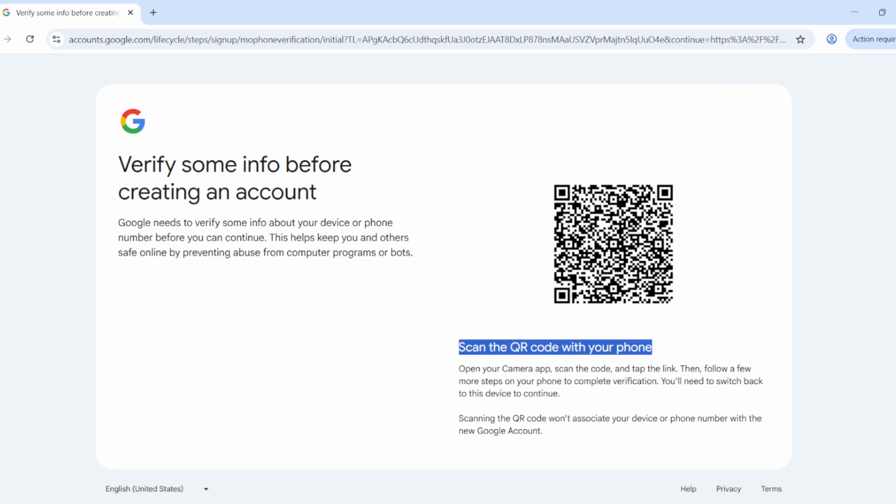That's it. Your Google account is created, and Google Drive is ready to use. You should now be in Drive, where you can upload files, create folders, and access your documents from any device by signing in with your new account. If you're new to the interface, look for My Drive on the left to see your files and the new